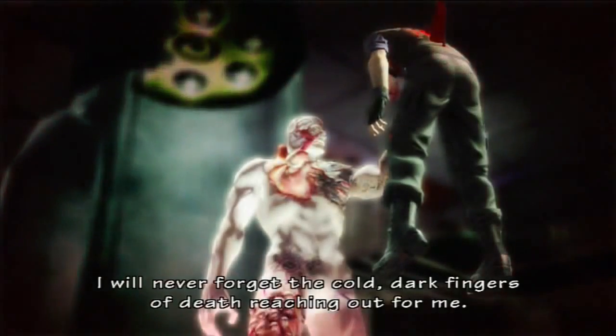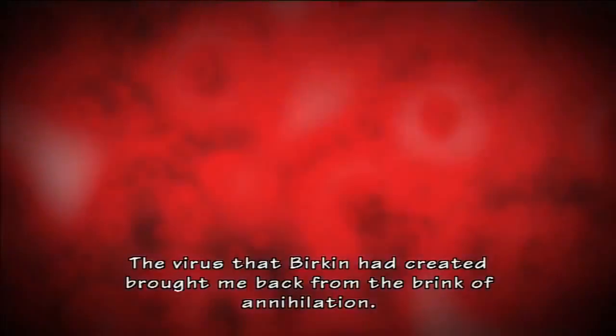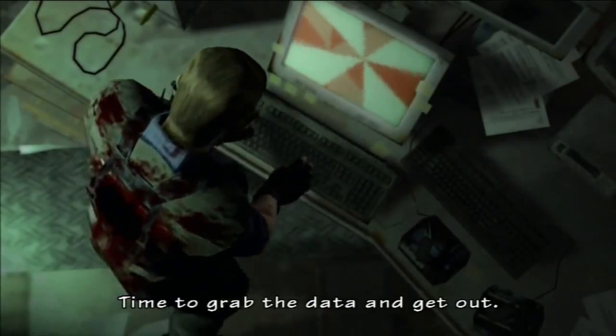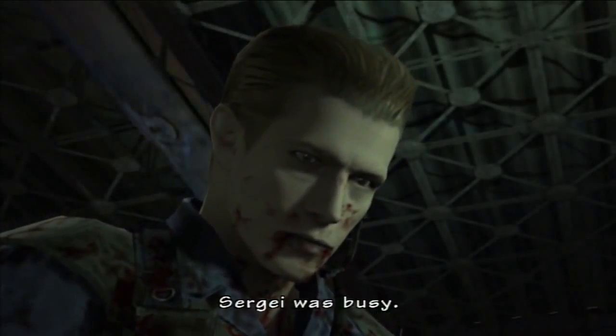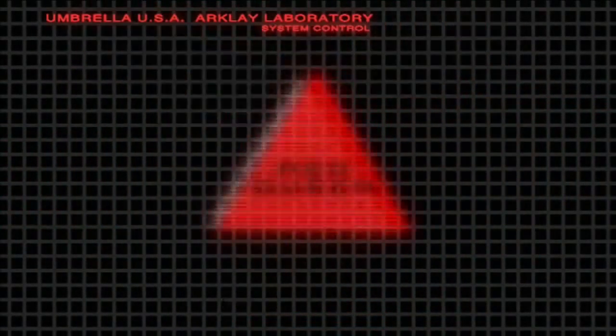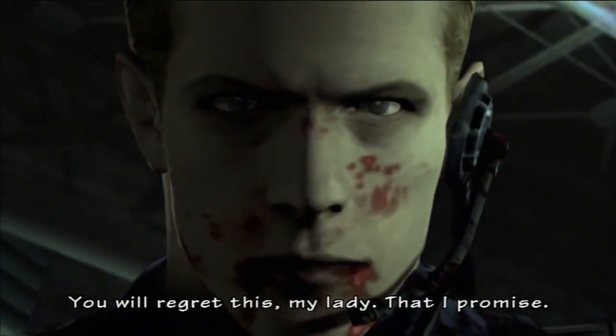Later, as the events of Resident Evil 1 occur, Albert Wesker then wakes up from the verge of death thanks to a virus prepared for him by William Birkin, and he regenerates stronger than ever, but right before the mansion is about to self-destruct. He hurries to a terminal to finish his plan of stealing Umbrella's data, but finds that a man named Sergei has already backed it up to a remote computer and locked Wesker out with the help of the Red Queen protocol built in to protect Umbrella assets. Angered, Wesker swears his revenge, but is forced to pull back for now, escaping the mansion before it explodes but